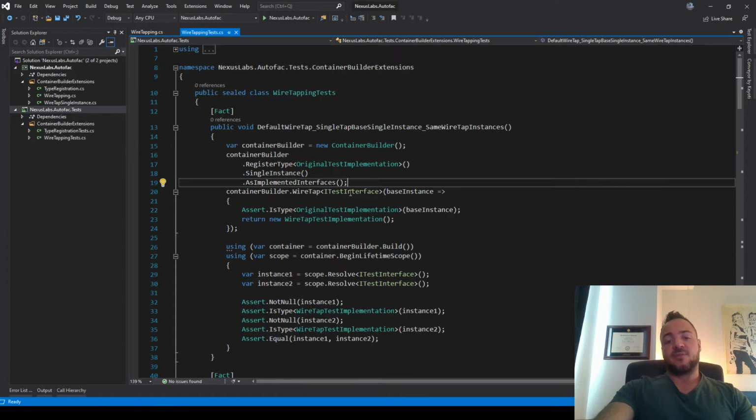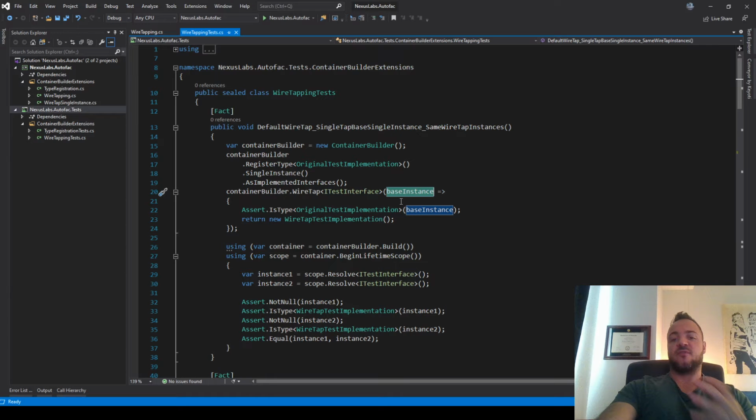And the wiretap says when someone goes to resolve iTest interface, we want to run this function. So this function will give us the original base instance, as it's been called here, and we're going to return a new class.